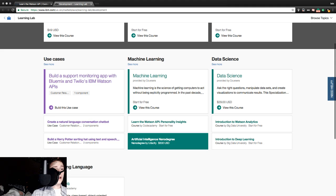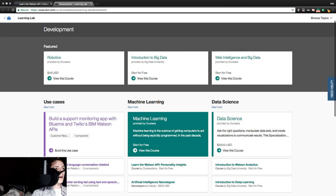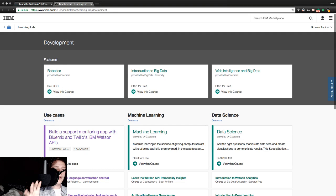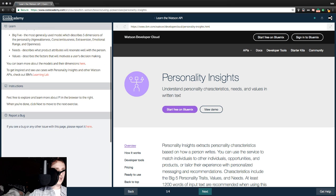Wow, artificial intelligence nano degree. $800. I'm sure it's got to be a cool course, right? It's got to be a cool course. Okay, so good to know. So Learning Lab has all kinds of fun stuff that we can tackle in the future. Another fun thing to add to the pile, our ever-growing resources pile that we can explore for more info and